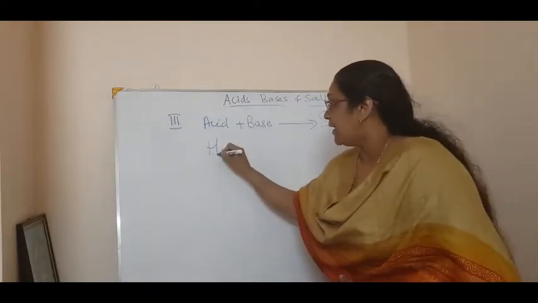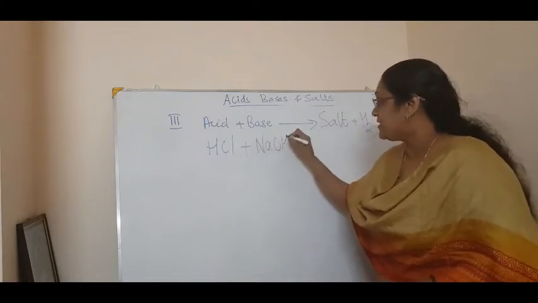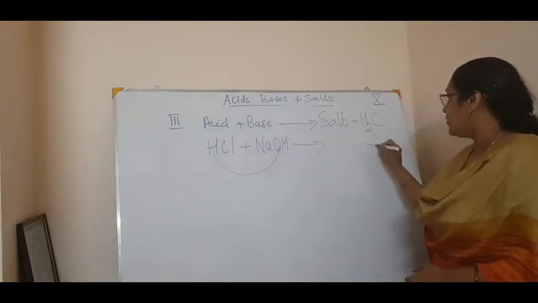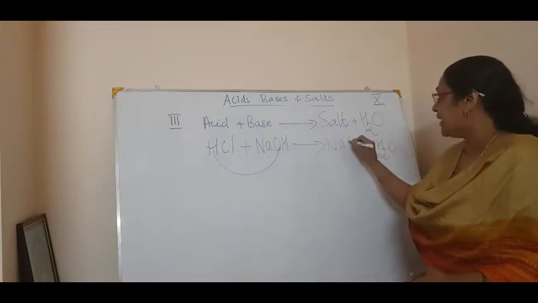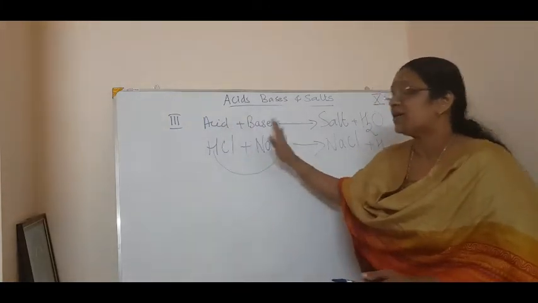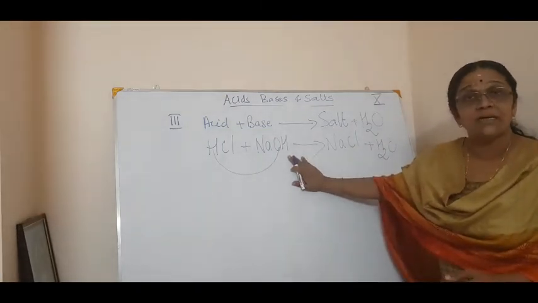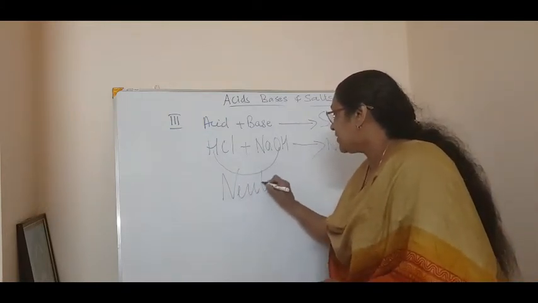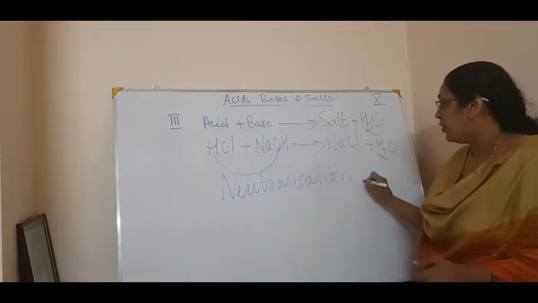Now for example, an acid, if you take HCl plus a base, for example NaOH, will give you, what will be the salt? Water is HOH. Okay. Now water you got. Now what is the remaining one? That is Na and Cl. So salt is NaCl. So this is the equation for which an acid reacts with a base. And this reaction has got a particular name, and that is called a neutralization reaction.